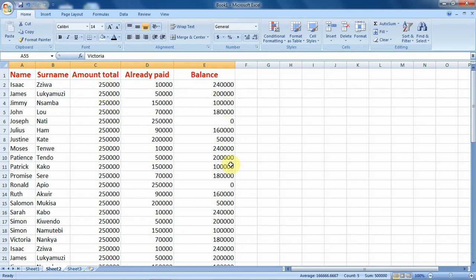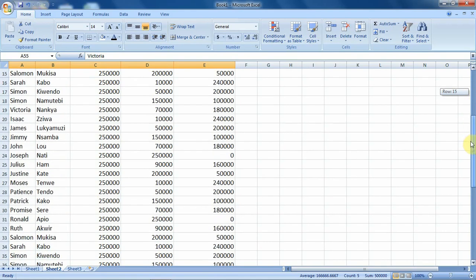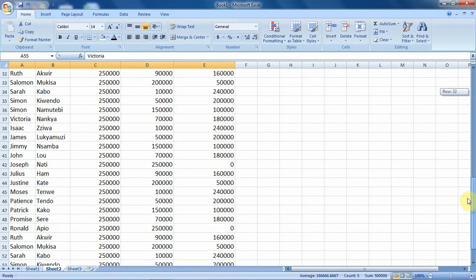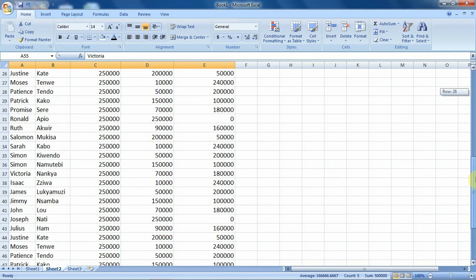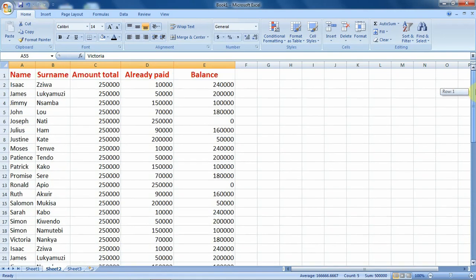To follow this tutorial, you can pause the video and create some large content in your worksheet. To begin, I'm going to show you how large this content is that we are going to work with. So I'll click and hold to display the remaining contents. So this is the content that we are going to work with in this tutorial.